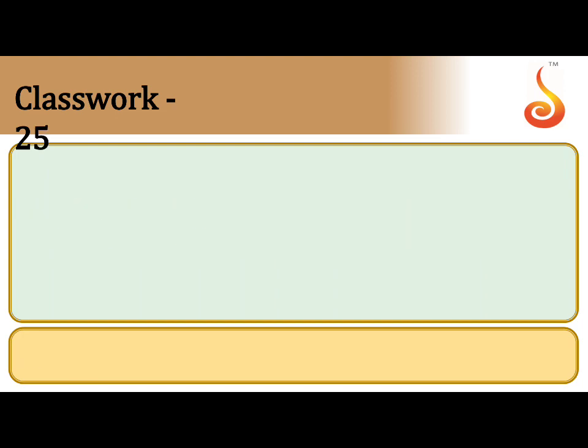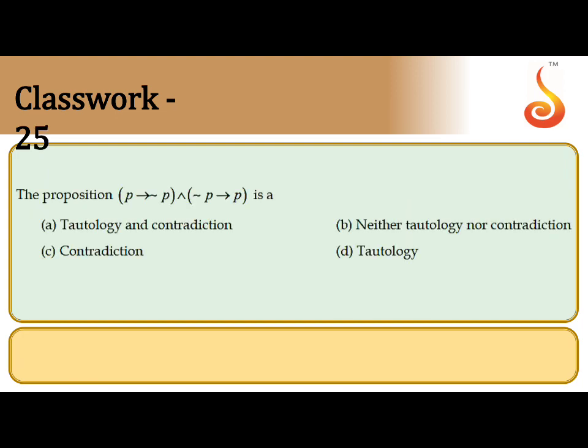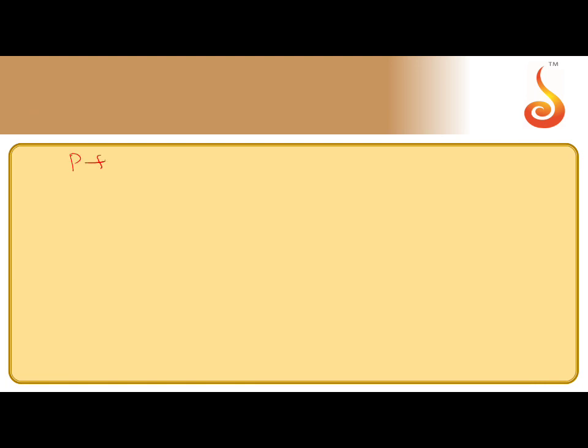This topic is easy, but logic is there. So the proposition is the same thing, tautology or not. They're asking here about P and negation of P, with implication between them. So you can prepare the table for this case. What is the question? P implies negation of P, and negation of P implies P, that is required. So only P is enough. P, negation of P. Then P implies negation of P, negation of P implies P, and the final answer.